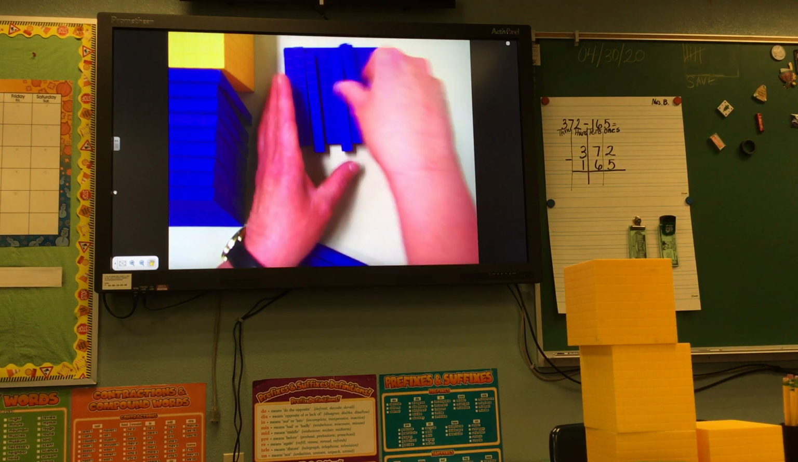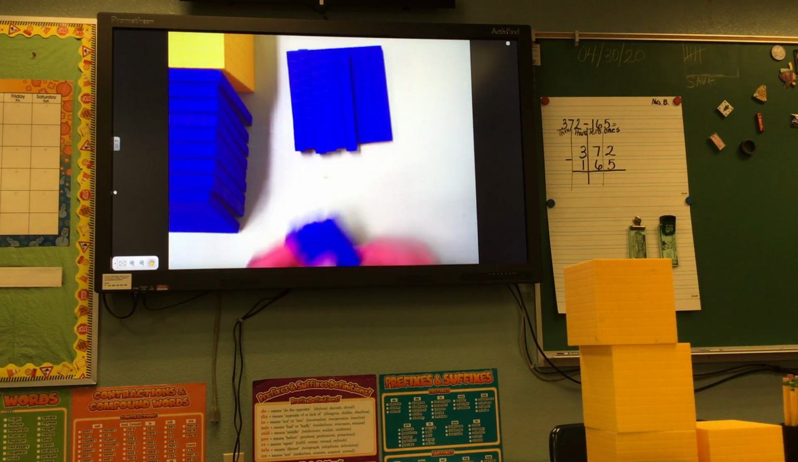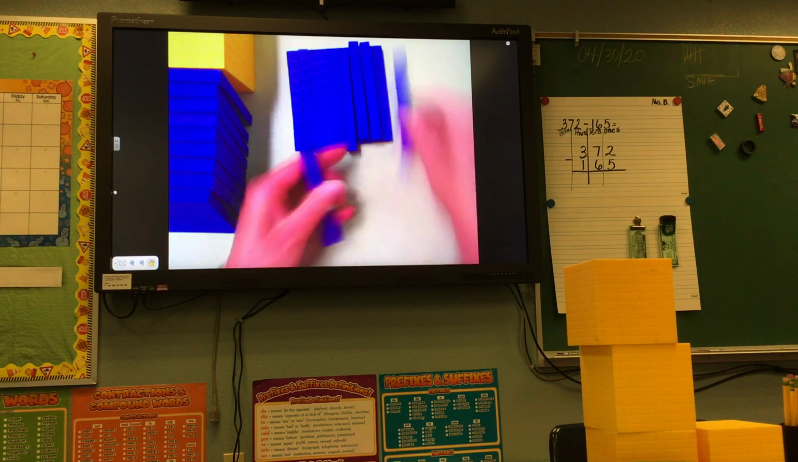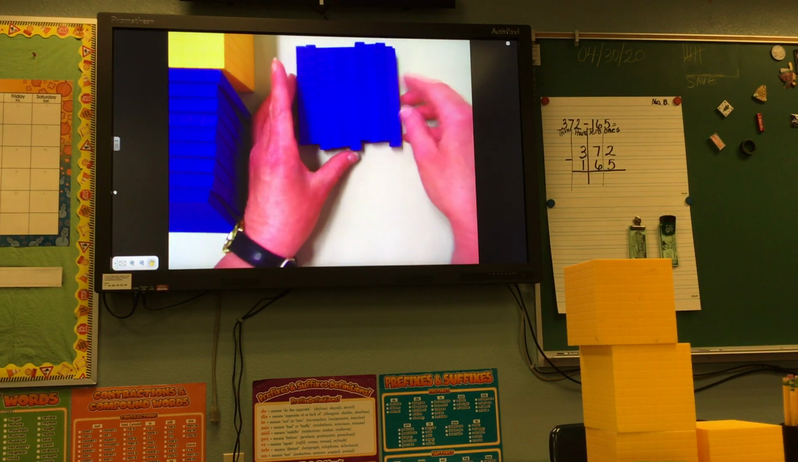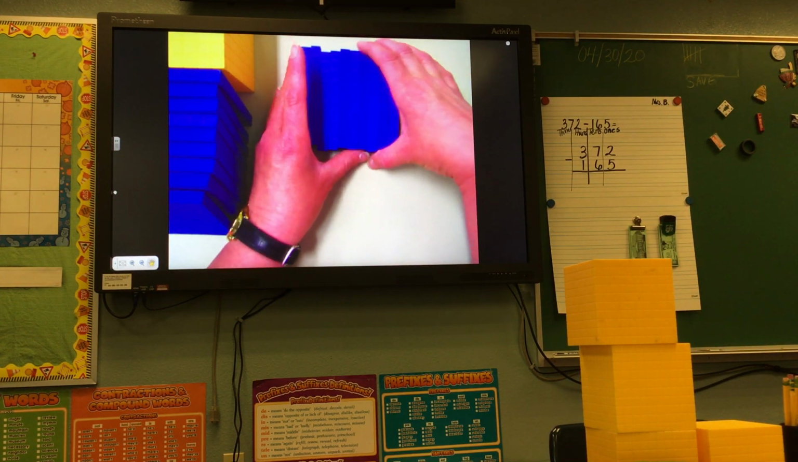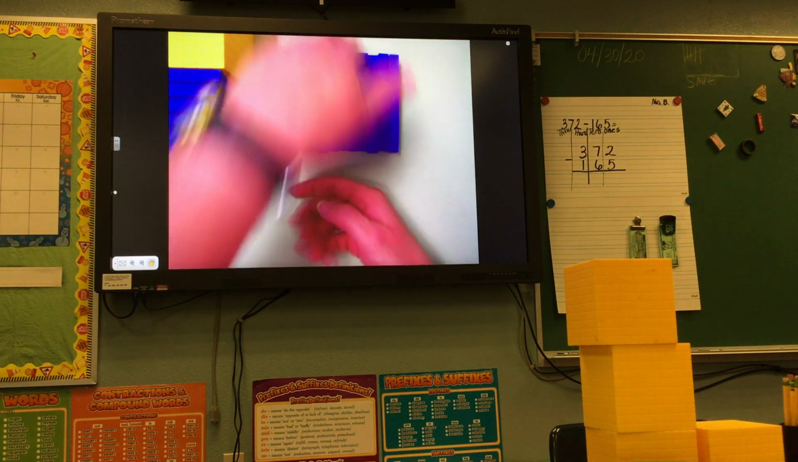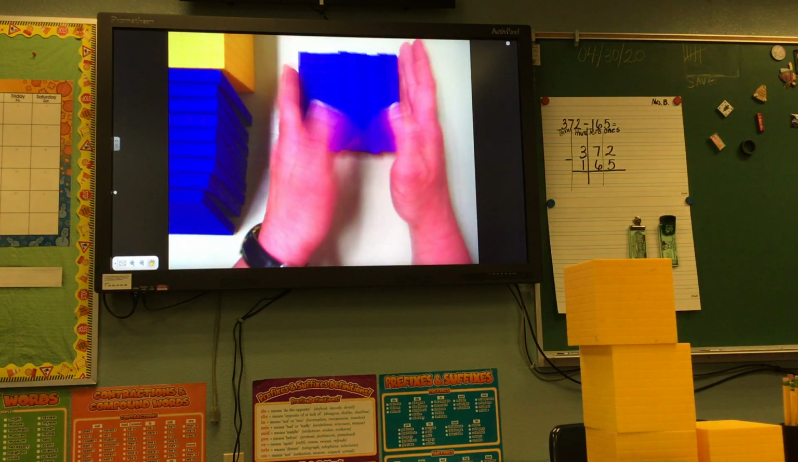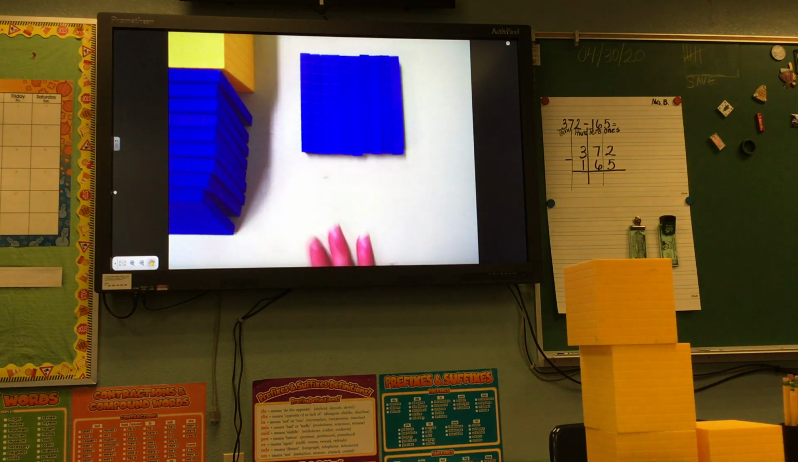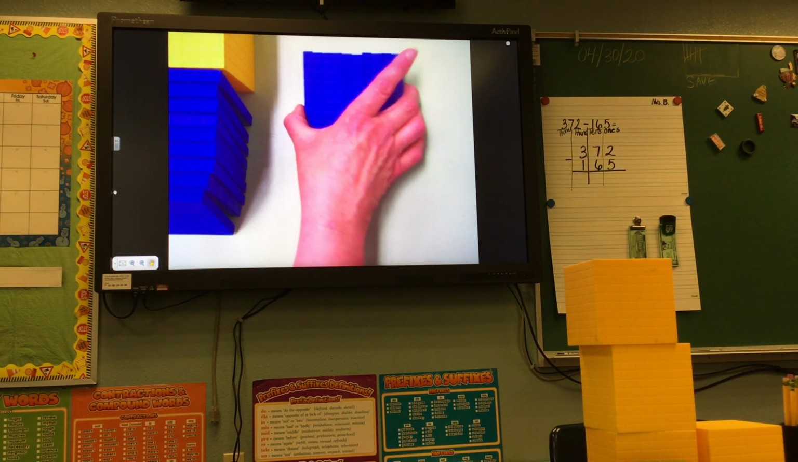4, 5, 6, 7, 8, 9, and 10. It took exactly 10, and they match perfectly. I could say that these two shapes are congruent. They matched perfectly. Okay, now having said that,